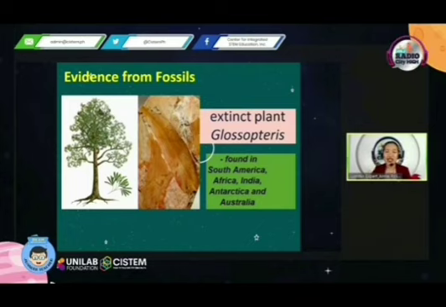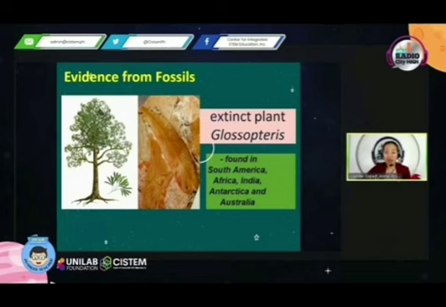As you can see in the picture, you have the extinct plant Glossopteris, which were found in South America, Africa, India, Antarctica, and Australia that are now separated. All right. So these continents in which the Glossopteris fossils were found were already far from each other as to the present